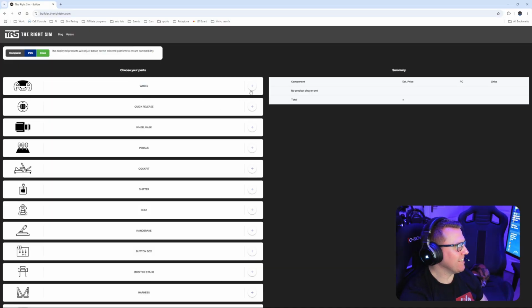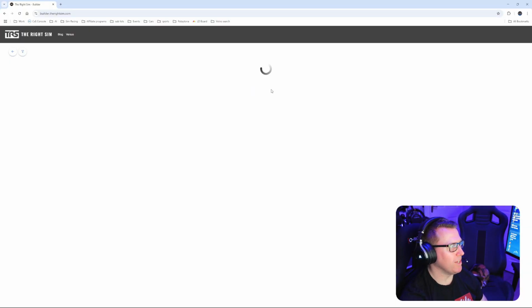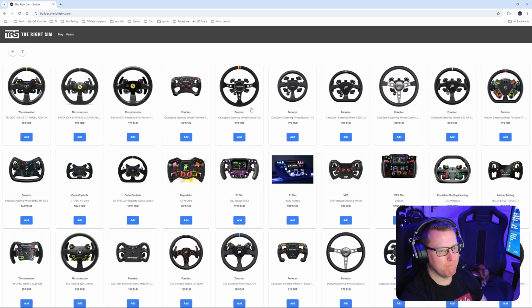And finally, let's go full ham and just put the most expensive one of whatever we can find on there and see what the most expensive rig we can build is. All right, finally, let's build the most expensive. Let's go straight into the steering wheels. What's the most expensive wheel we can...